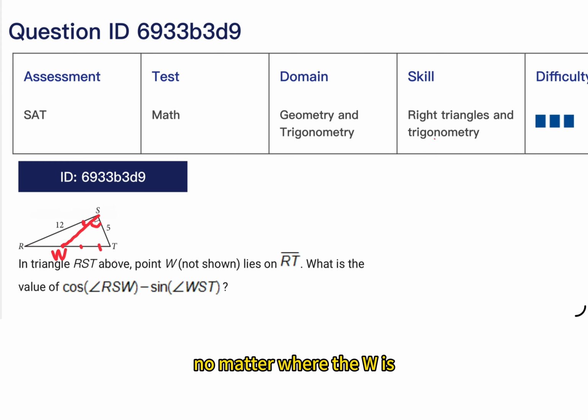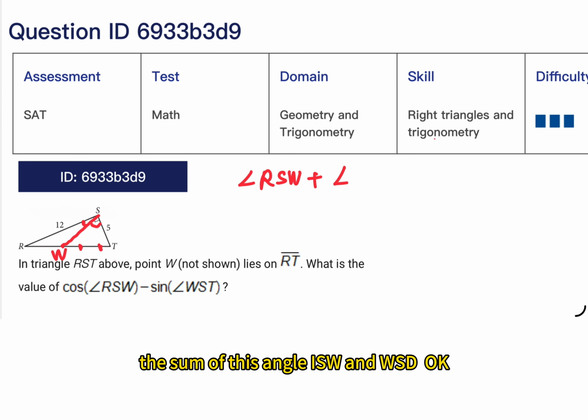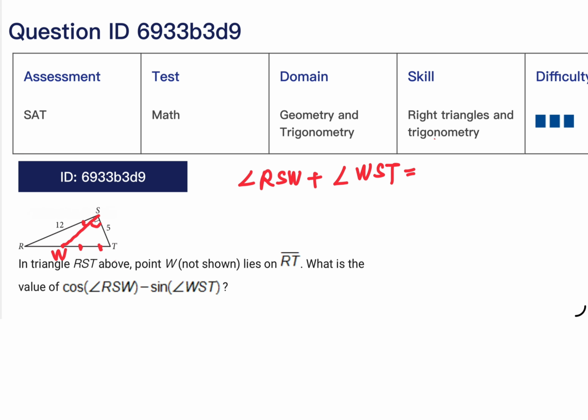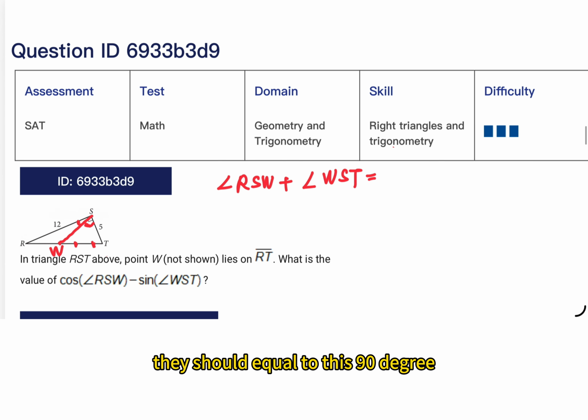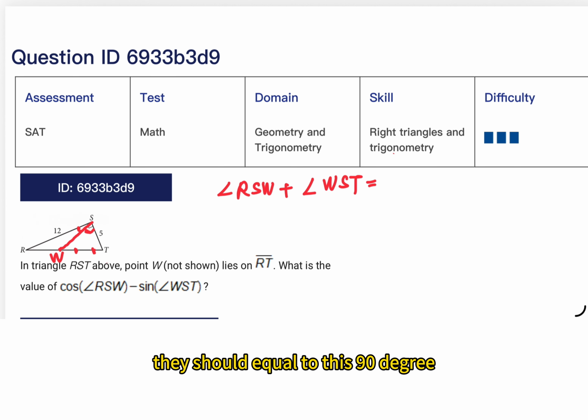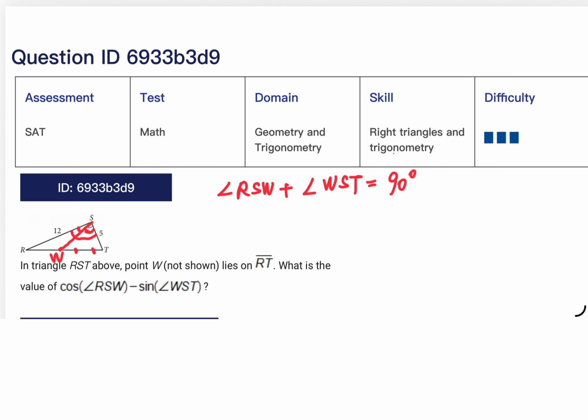So no matter where the W is, the sum of this angle RSW and WST, okay? This should equal this 90 degrees because this is a right triangle, okay? So if that's the case, we can actually draw